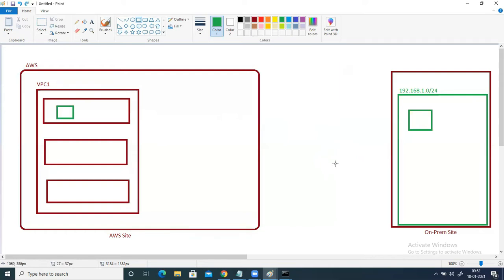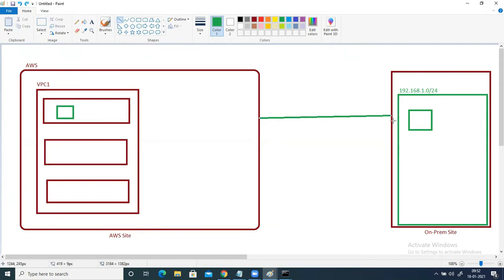Now in this case, if I want to enable connectivity between the AWS site and the on-prem site, the site-to-site VPN connection comes into the picture. Once the site-to-site VPN connection is done, I'll be able to establish the connection here. One heads up: because I do not have this on-prem environment, I will show you the complete configuration part, but I will not be able to show you the last-mile connectivity, as we did in the case of point-to-site VPN, where we did the last-mile connectivity testing and it was successful.